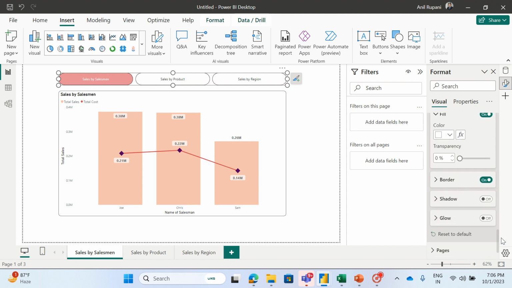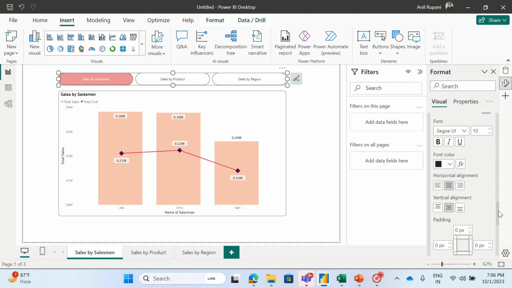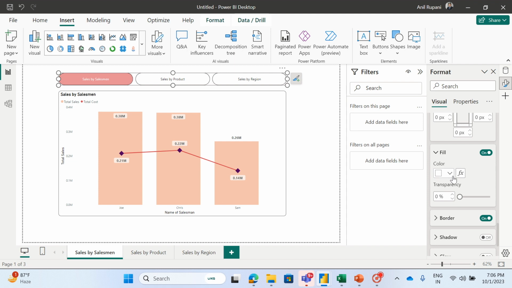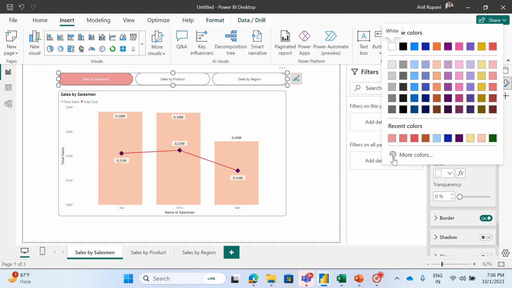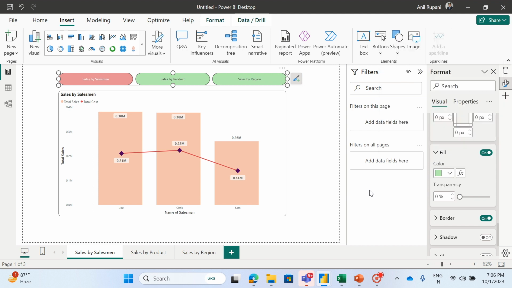Then my fill color would be green. So this is the color where the buttons are not selected,